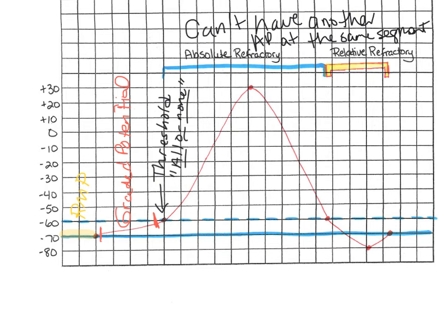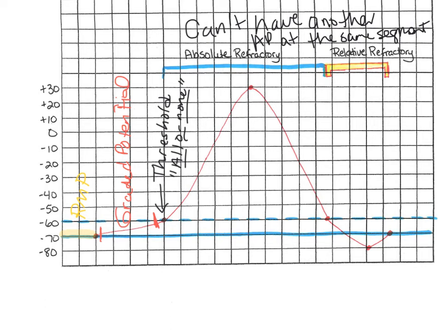It prevents one action potential from occurring right on top of the other action potential at the same segment. You have to complete this action potential far enough before another action potential can occur. All right, so